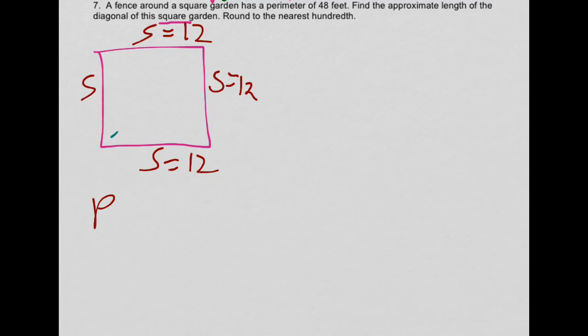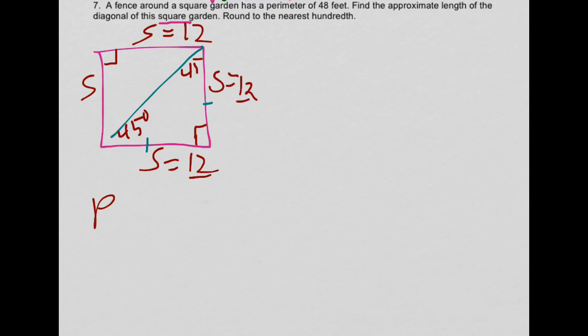Now remember, the diagonal is the line that goes from one corner of the square to the opposite corner of the square. So it looks like you have this side and this side are the same. What does that mean about the angles? The angle measurements of each of these corners here are 45 degrees. And this, of course, is 90 because it's a square, and all your angles in squares are going to be 90 degrees. Okay. So this is 12 and this is 12,